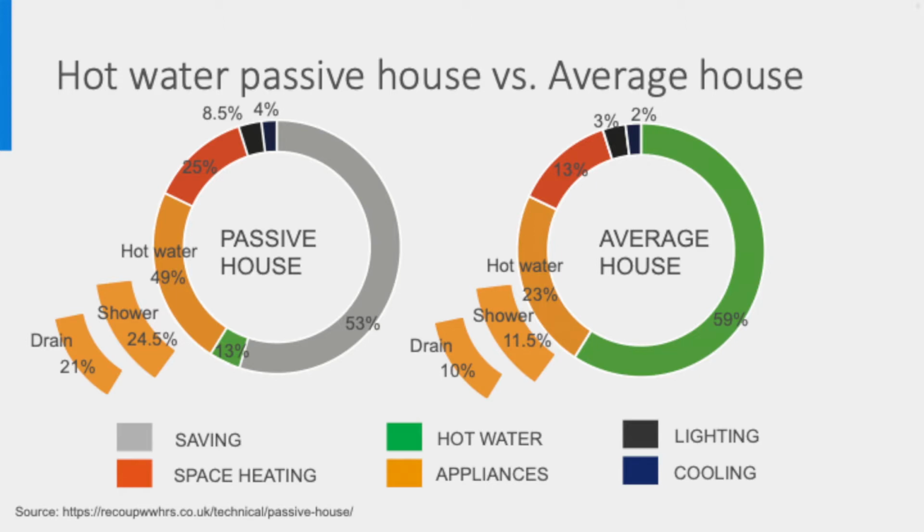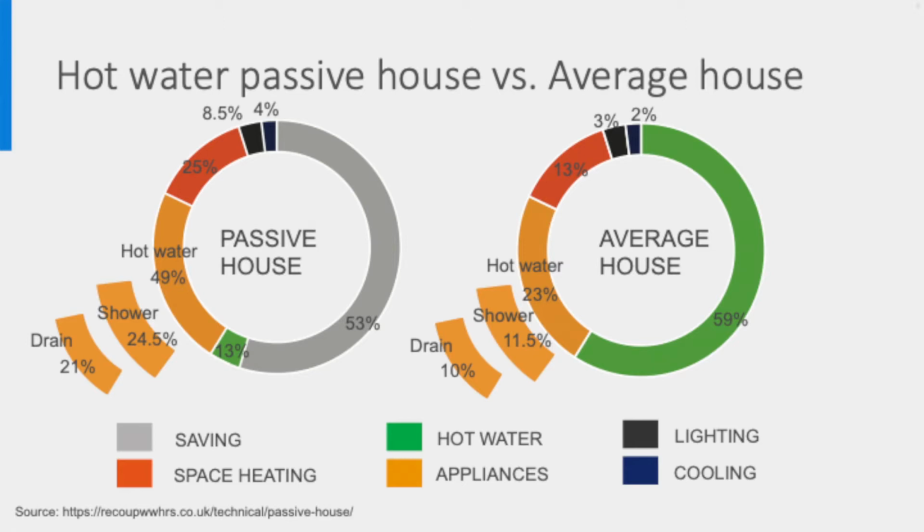However, this percentage can fluctuate a lot, because it's dependent on the number of people in the house and their habits, and also on the building itself. A new built, well-insulated house, for example, has a significantly lower space heating or cooling demand than an old, uninsulated house. Therefore, the percentage of hot tap water used in well-insulated new buildings is higher, often more than 25% of